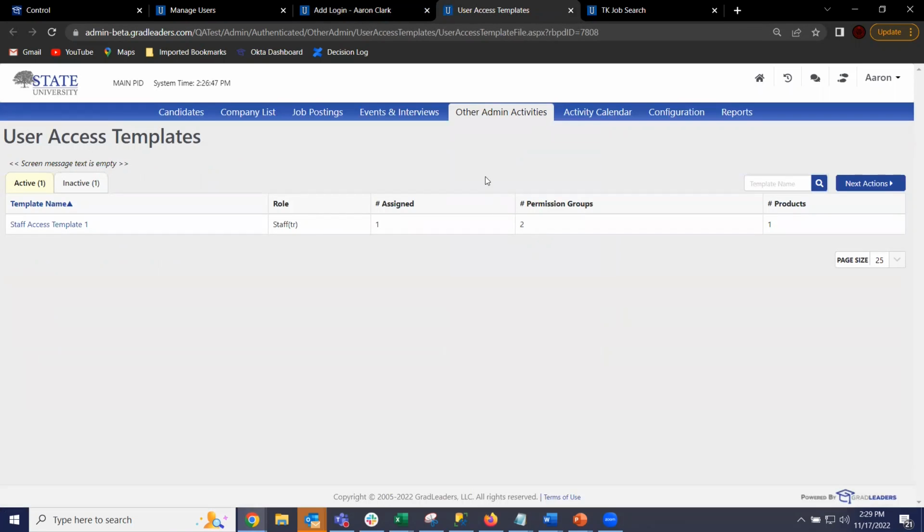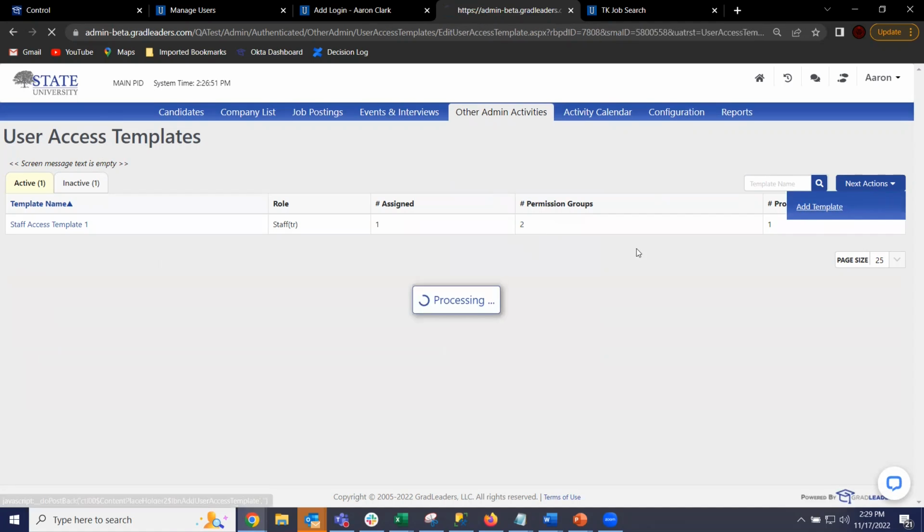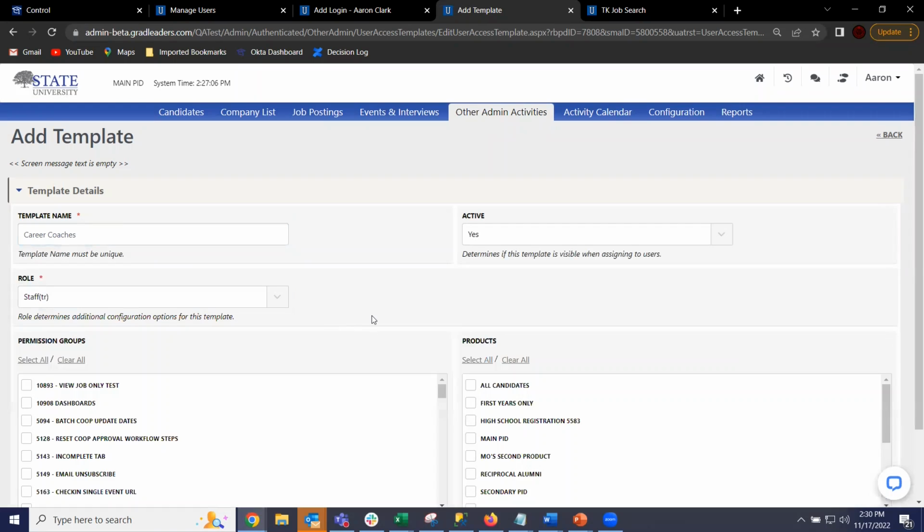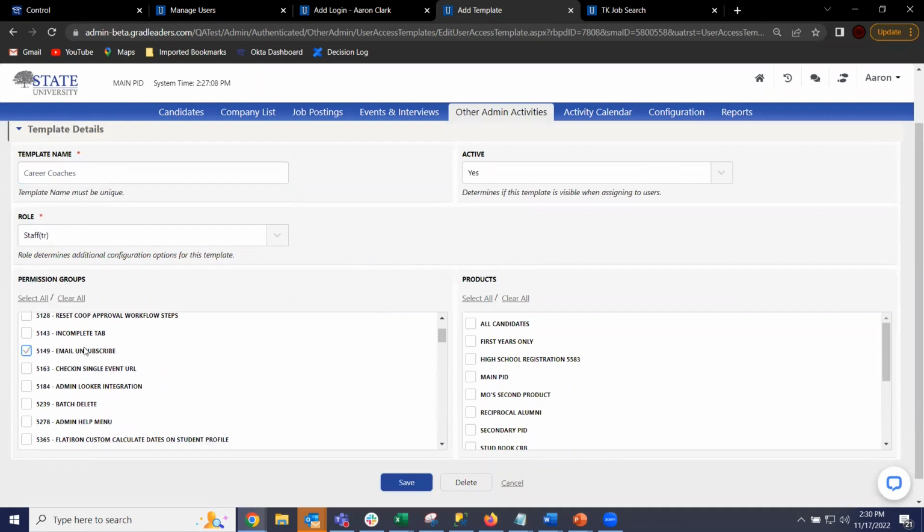So again, once this is configured, you'll have a new page for user access templates. I'm going to create a new one just as an example, and I'm going to say, well, these are for my career coaches. So anybody who's a career coach that I set up as a staff, when I create their login, I want to give them this career coach access template. And so what I'm doing here is saying, okay, my career coaches get these permissions and these PIDs,